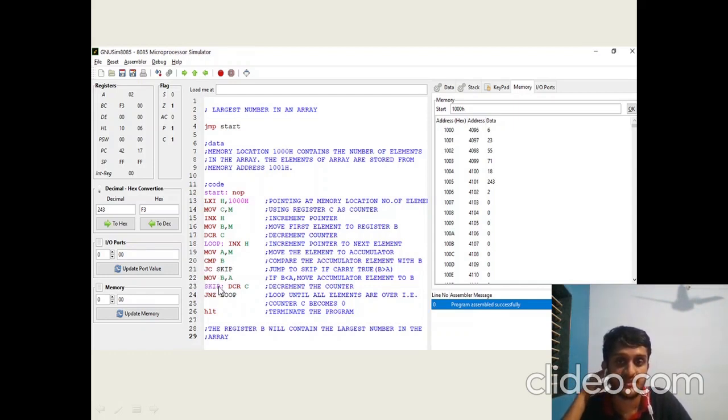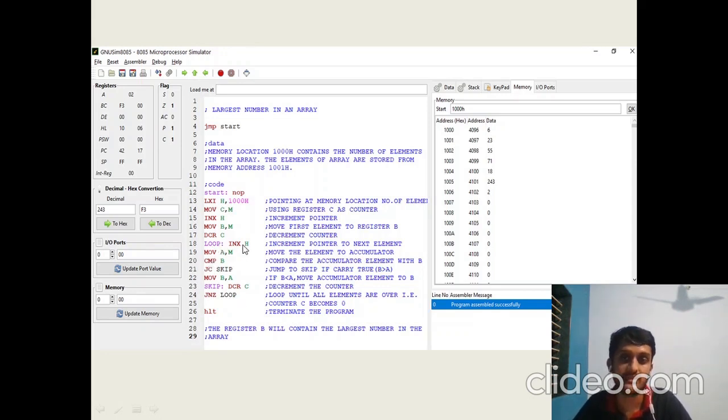Once that is done, now that the second element has been addressed, we would decrement the counter by 1, and now we would loop this until all the elements are addressed. We would use JNZ, that is, jump not zero, and unless we encounter a 0 in the C register, we would be looping so that all the elements are addressed.